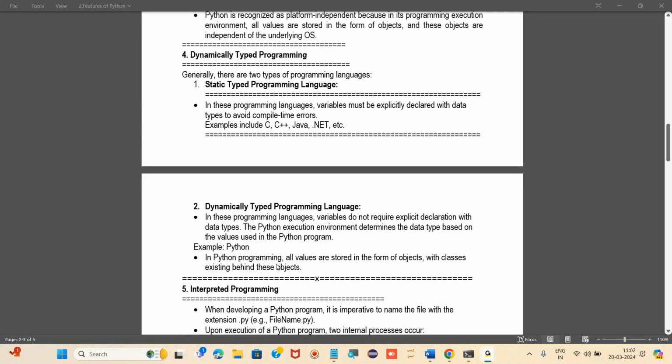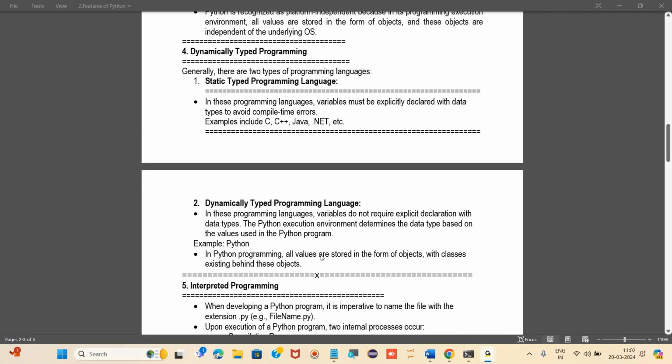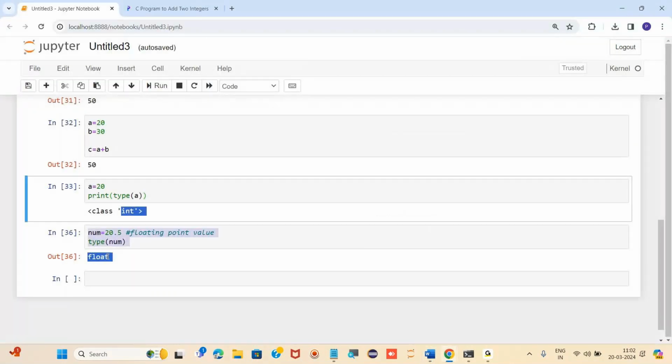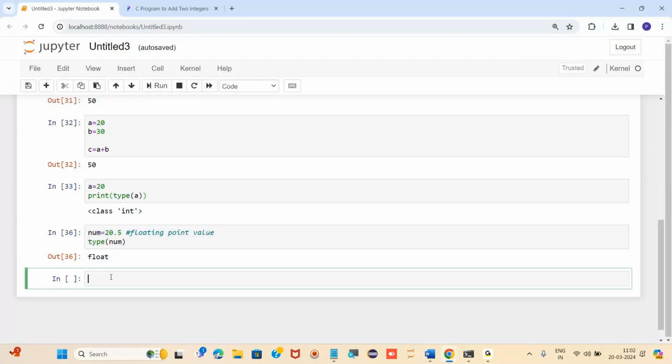In Python programming, all values are stored in the form of objects. We have already seen this, right? All the data types or all the values are stored in the form of objects with classes existing behind these objects. Classes are nothing but integer, float, string. If we write s is equal to Python, it is a kind of string.